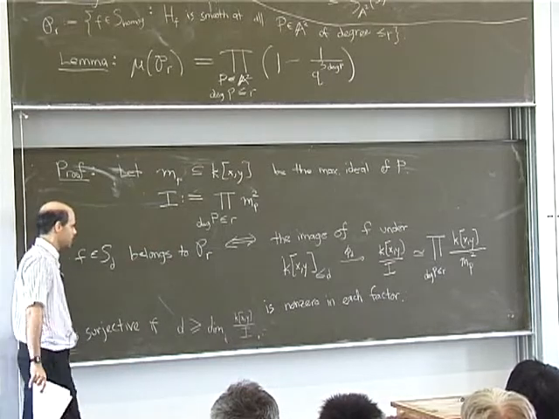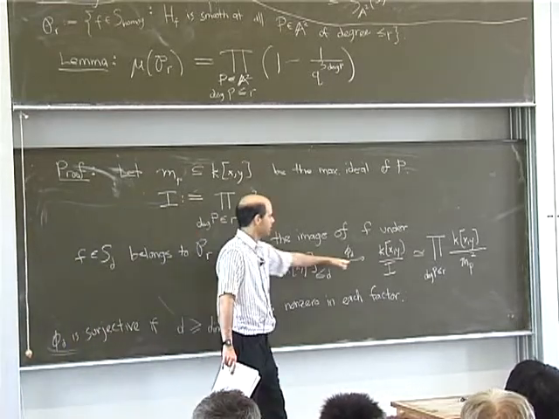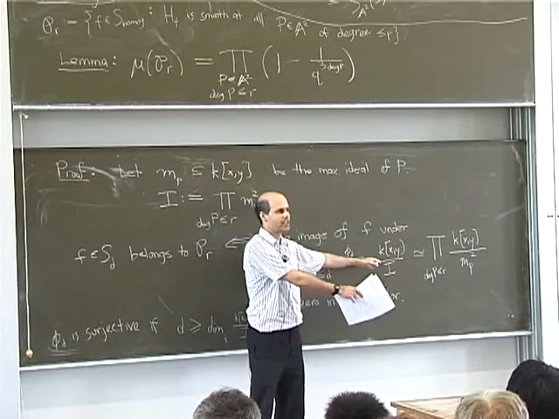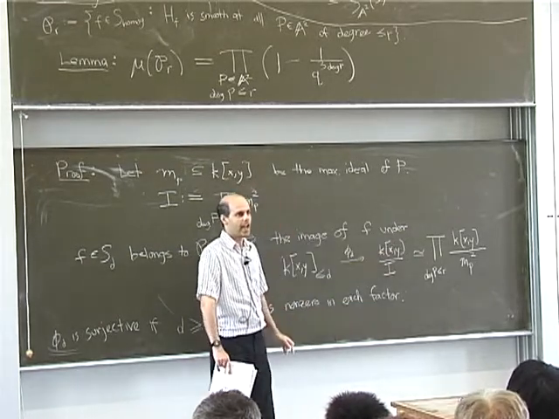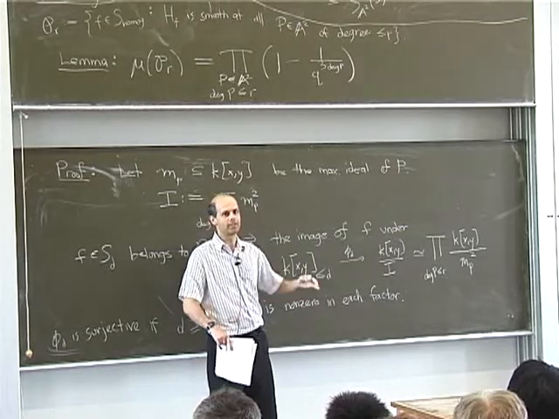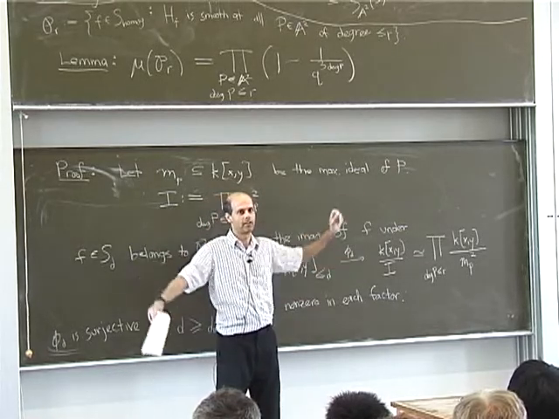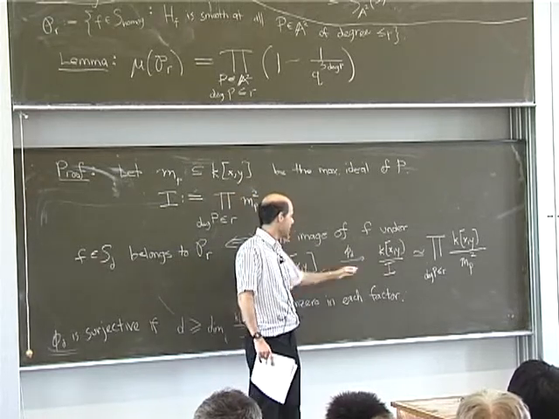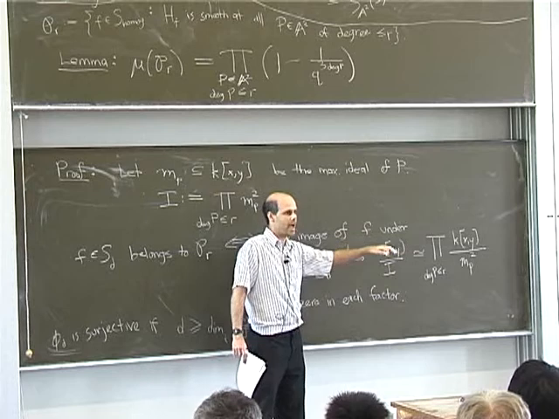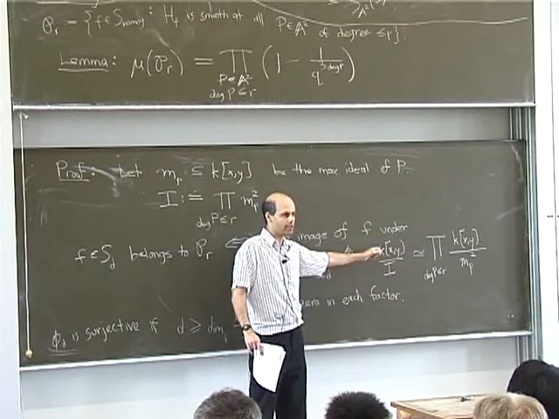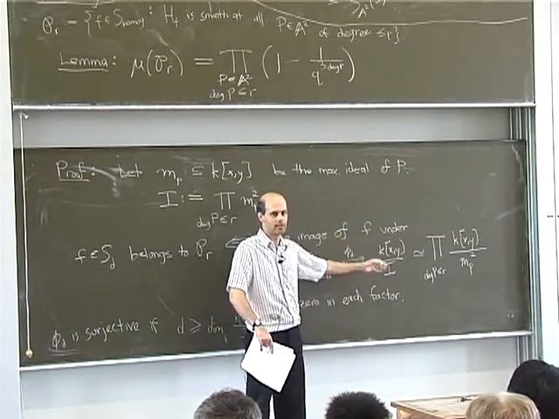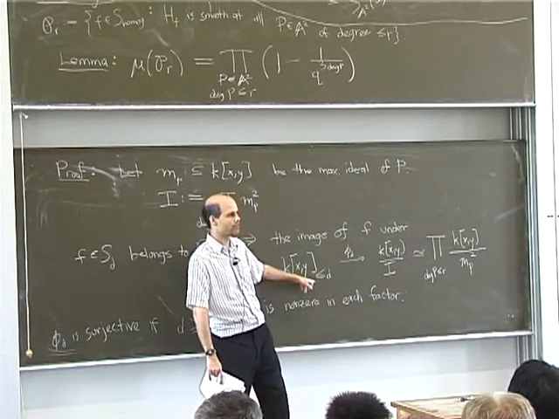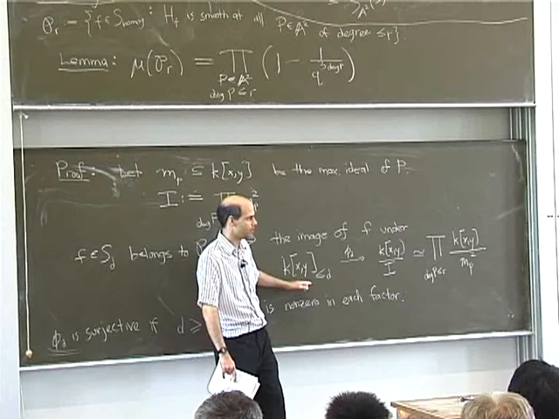So what's the reason for this? Think about this map as you start increasing D. As you increase D, the image is going to get larger and larger. And I claim that each time you increase D, it has to grow until it fills up the whole thing. That's because to go from one D to the next D, I can take that image, multiply it by X, multiply it by Y, and also take the original image, and add those three things up, and that'll give you the image for D plus 1. That's how you generate polynomials of degree D plus 1 given the polynomials of degree D.